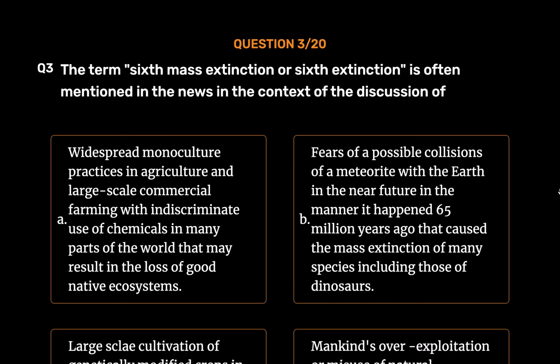Option D. Mankind's overexploitation or misuse of natural resources, fragmentation or loss of natural habitats, destruction of ecosystems, pollution and global climate change. The correct answer is Option D. Mankind's overexploitation or misuse of natural resources, fragmentation or loss of natural habitats, destruction of ecosystems, pollution and global climate